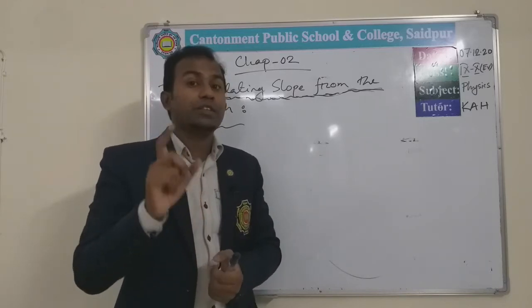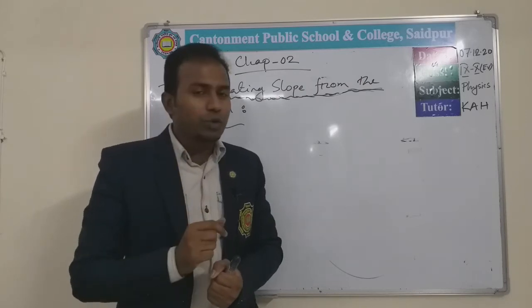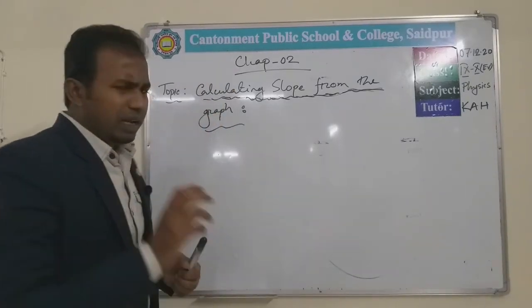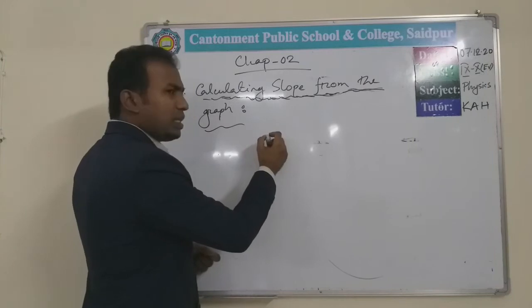So you are getting the information from the stem. Now, what will be your work to find the slope from the graph? Let's assume that a bus is going